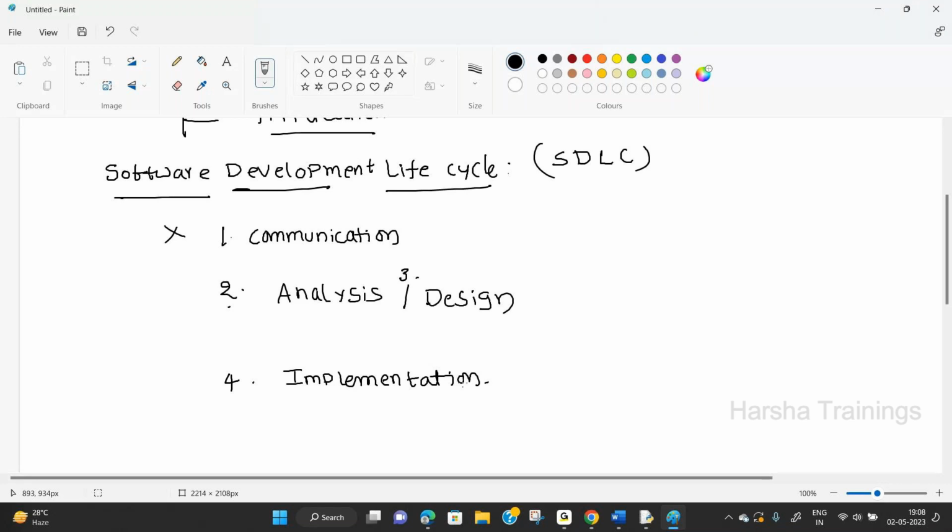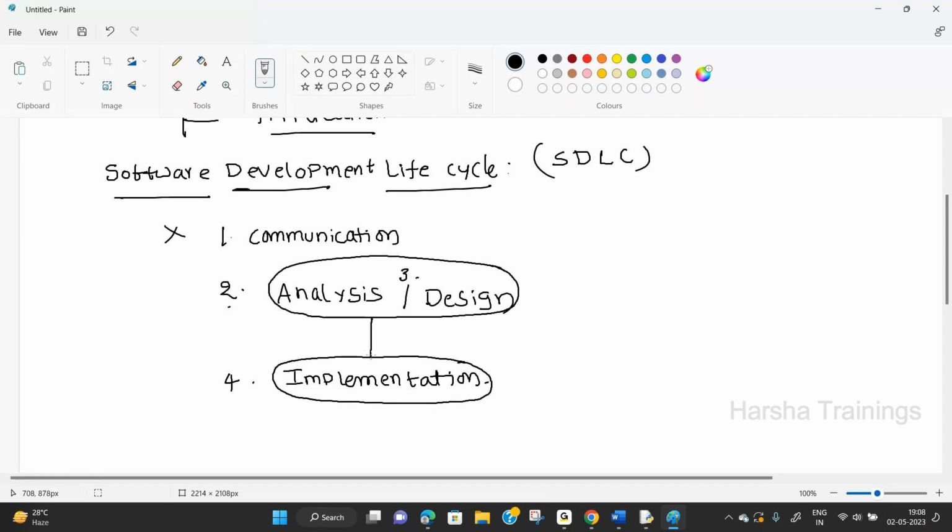Now the thing is, after completion of this analysis and design, whatever you are getting is converted into implementation. For this conversion, we require a language.